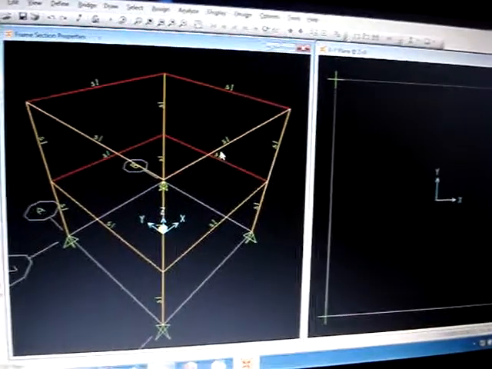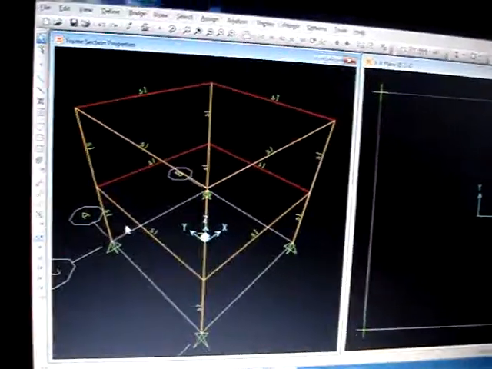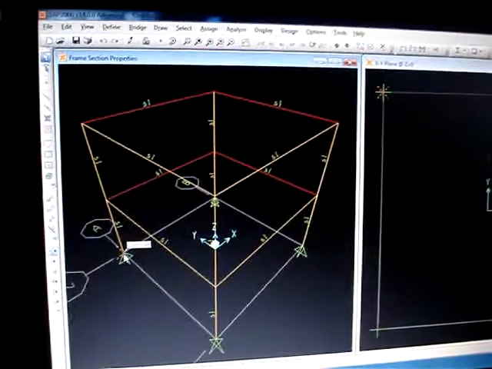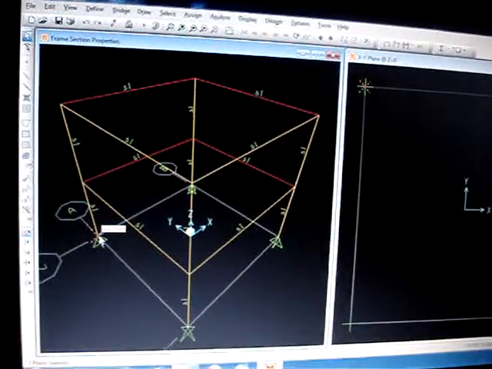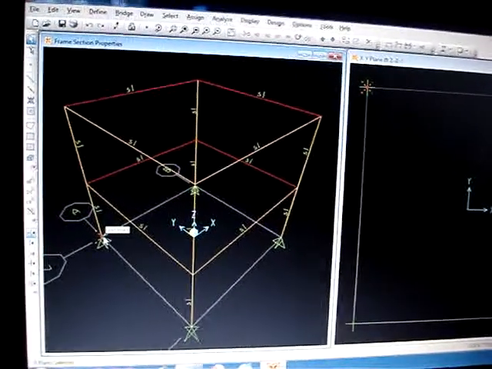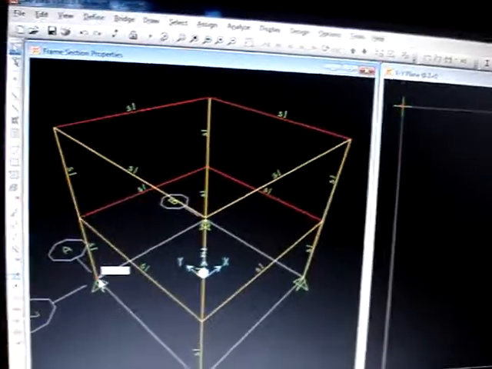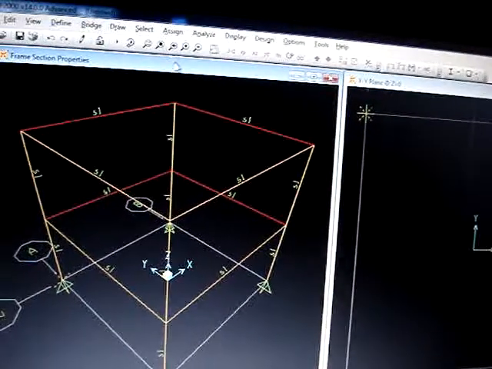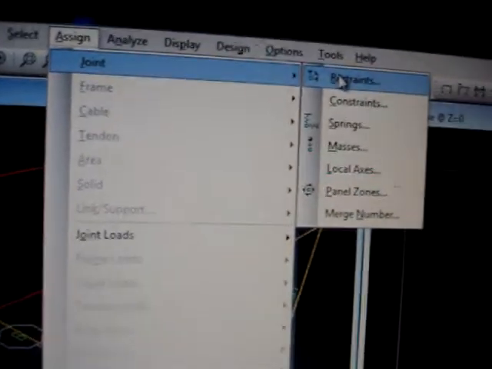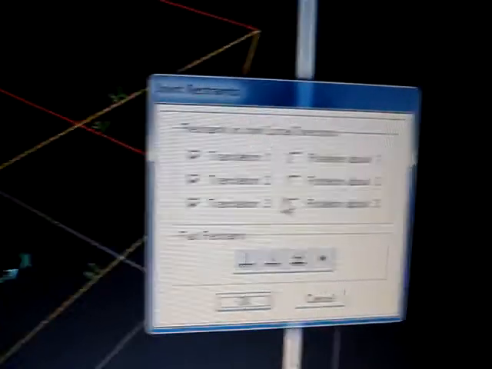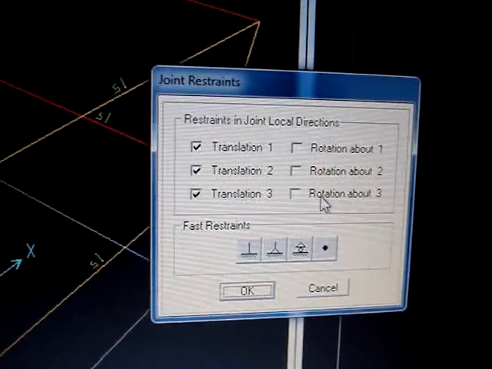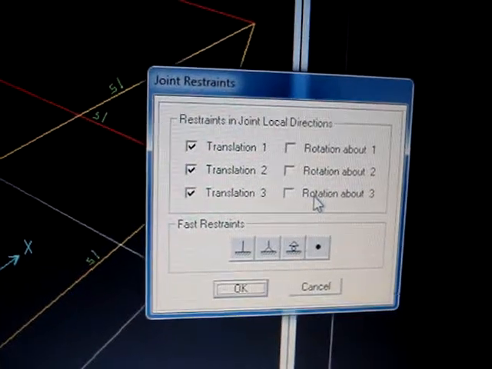And also one more thing, what you can do is you can change the end connections. If you want to change it, then you should do a left click on any joint. You can give a left click, and you can go to Assign and go to Joint, go to Joint Restraints, and here you have four options, whether you want the rotation to be restrained or the translation to be restrained.